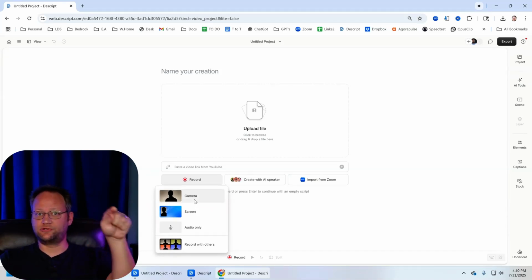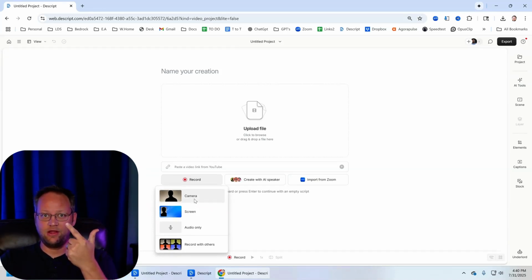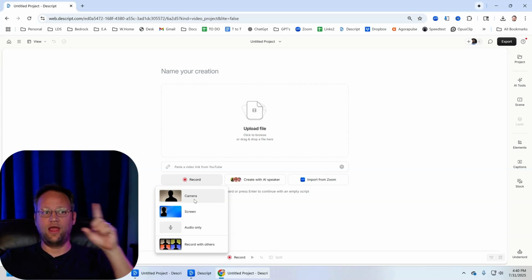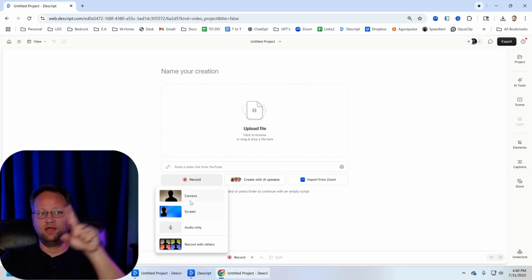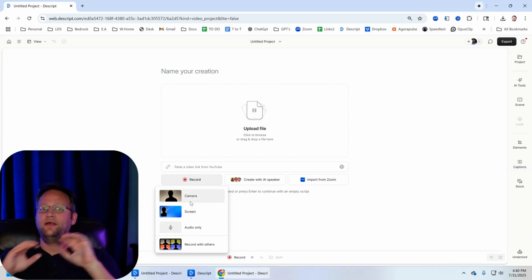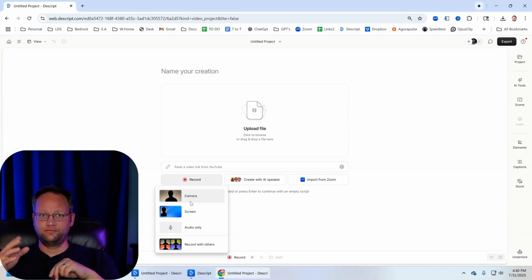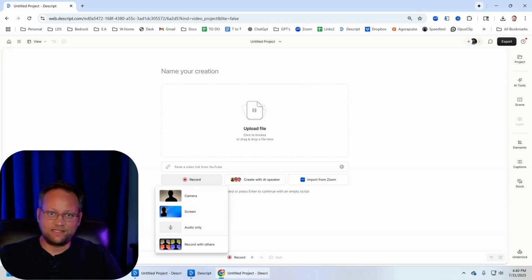You're either going to shoot straight to camera, like this shot you're seeing right here, or you're going to shoot straight to camera with you in the corner, and you'll see yourself on the screen. Click one of those two. Just sit and record. Make sure you have a mic. Make sure you're in some decent lighting. That can get more or less complicated.